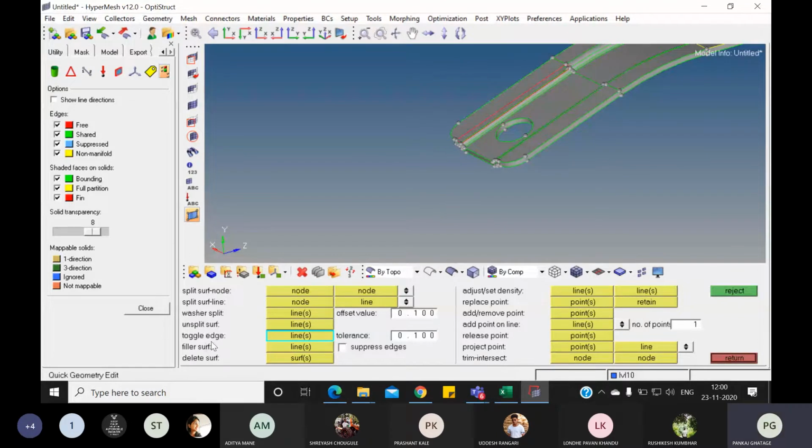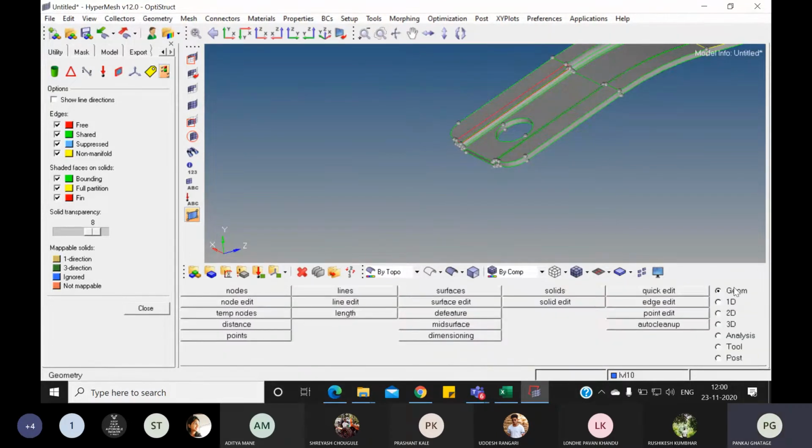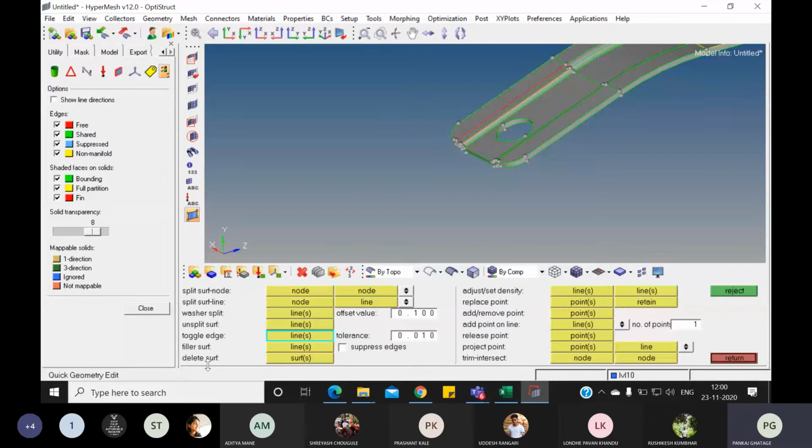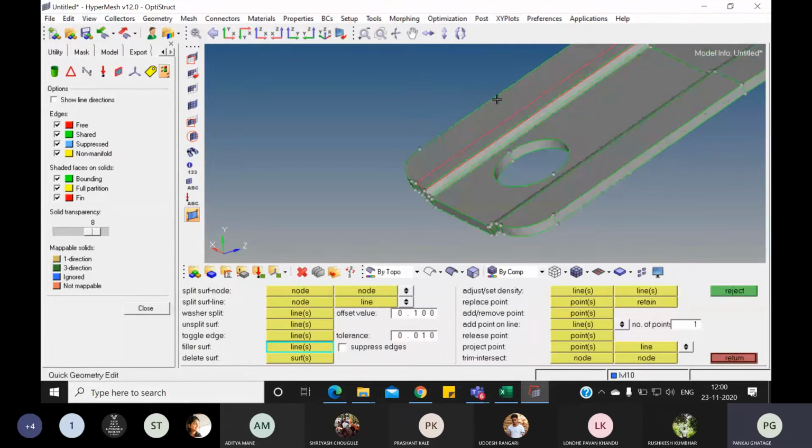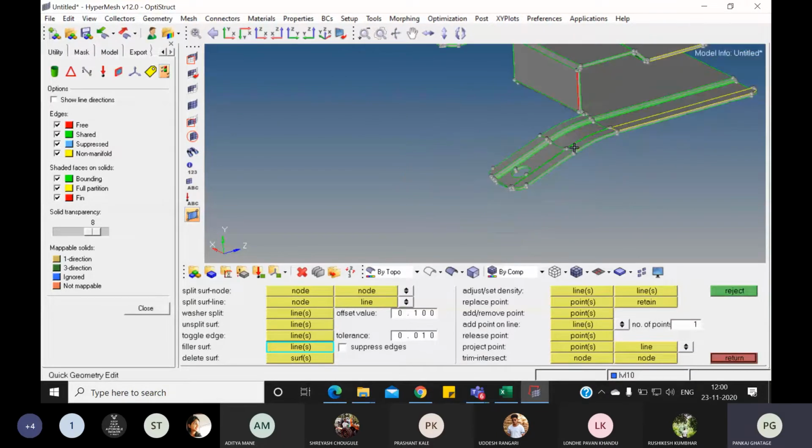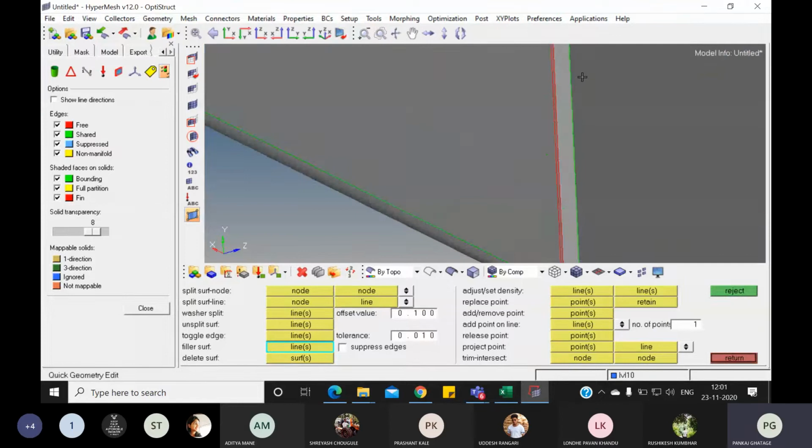Below that toggle edge, in the same option, geometry, quick edit, filler surface. Click on the filler surface, and just click on any one of the lines. So that surface will be filled. That surface is automatically filled. Getting? So this is how we can remove the